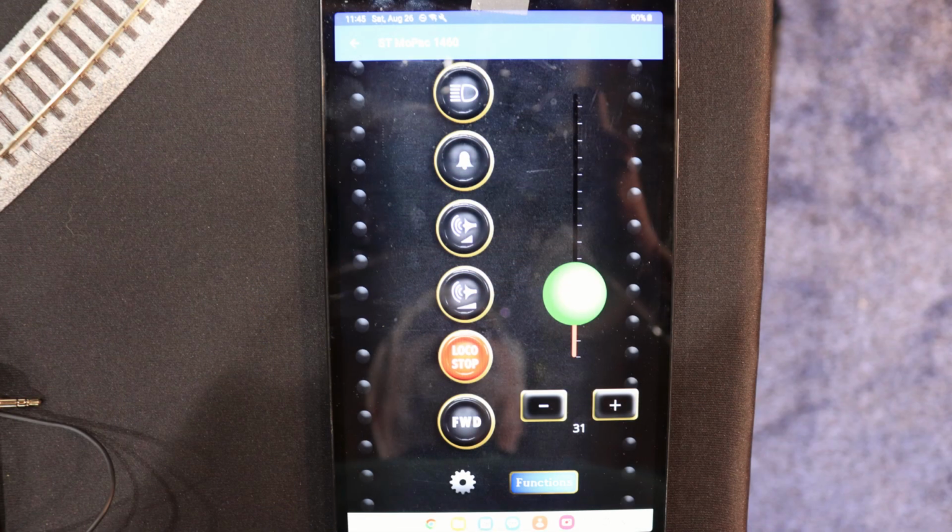Now, here in my hand, I have a Bluetooth version of the app, so you can kind of see a little bit about what it looks like, but I'm controlling a locomotive off camera right now. But you have all your throttle control, you can run your locomotive, you can blow your horn, ring your bell, and all of that. You have this little side menu that pulls out that I can actually go through and